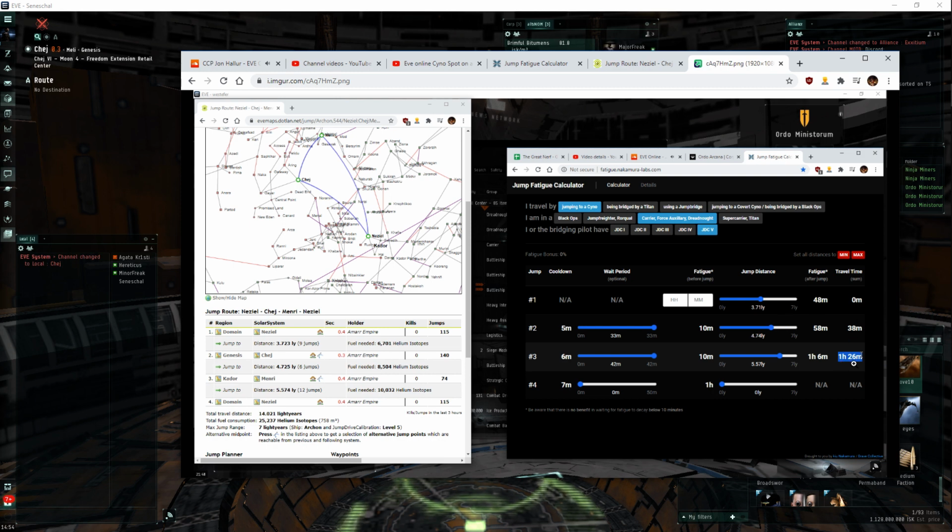Because I jump 1, 2, 3, it would take me an hour and a half if I did it smart. If you do it dumb and want to jump right away, it adds up to way more than that. I'll actually do it for you. So 3.7, 4.7,